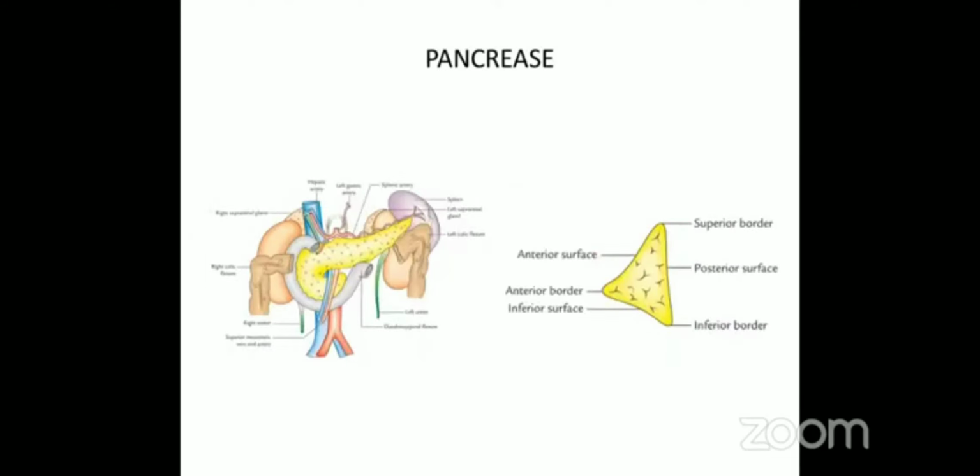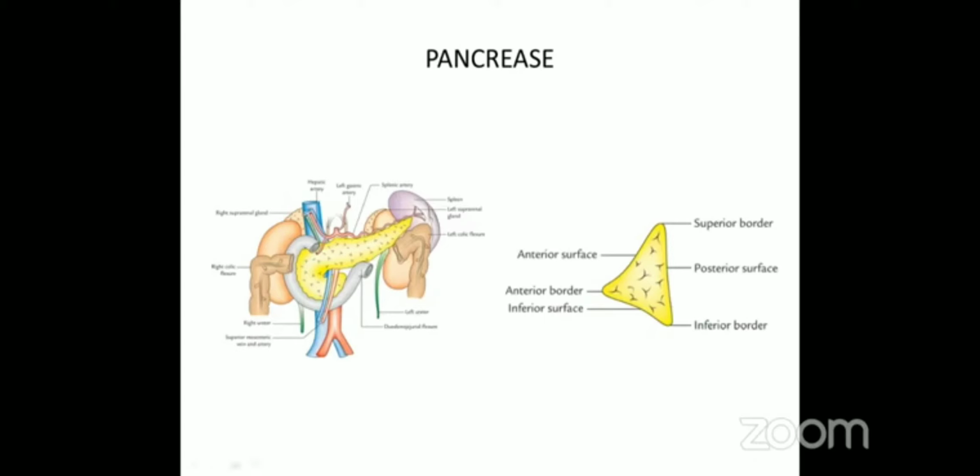Coming to the next, again, relations may be difficult to remember. So again, remember this diagram here, the concavity of duodenum and the pancreas situated here. It is a triangular wedge shaped area. You can see three borders and three surfaces clearly visible in this portion. This is the head, neck, body and tail, and this portion is the uncinate process. It is present in the concavity of duodenum. At least what you can remember here, the uncinate process is crossed by superior mesenteric vessels, and posterior to the uncinate process will be the abdominal aorta and vein.